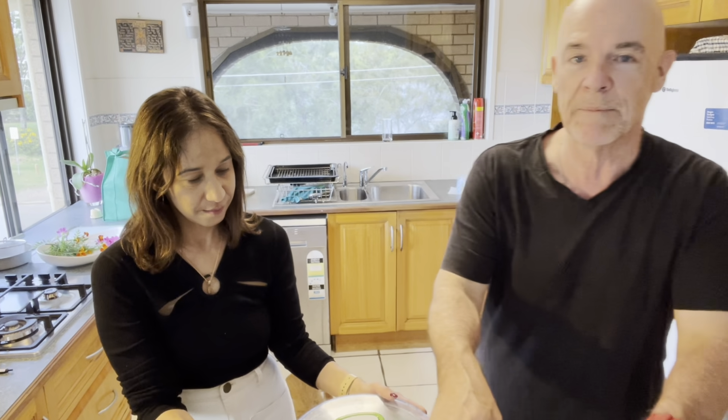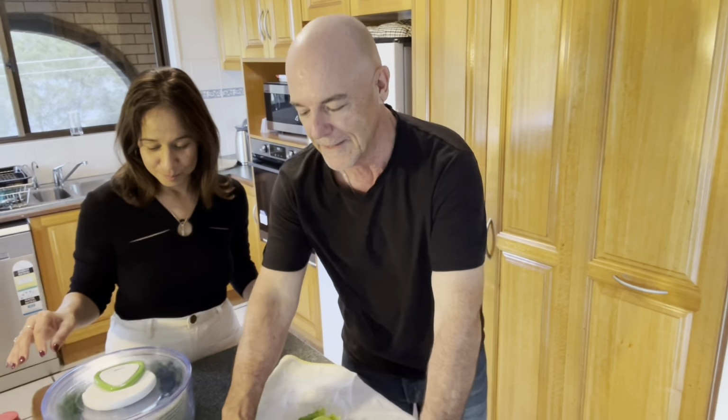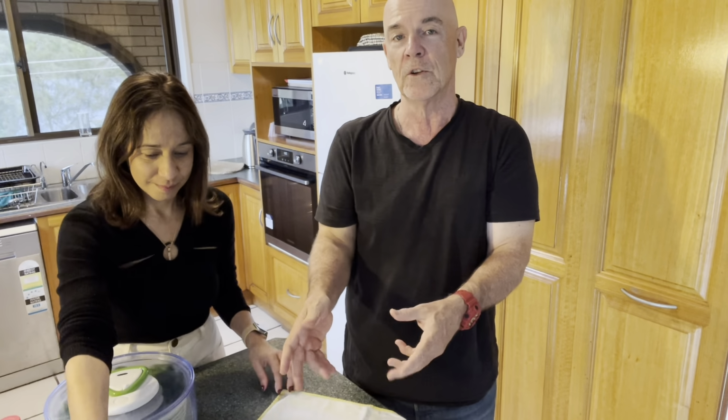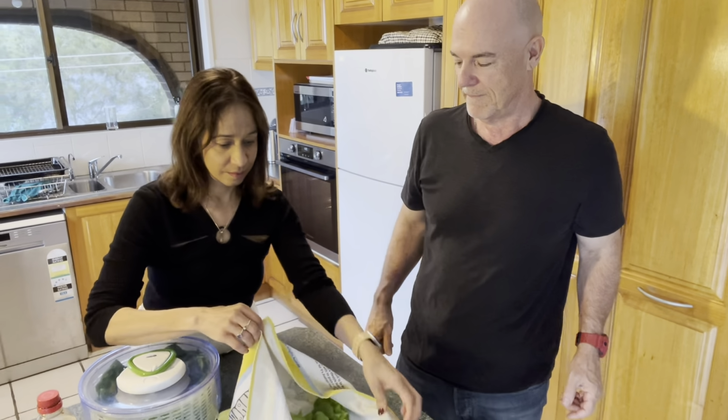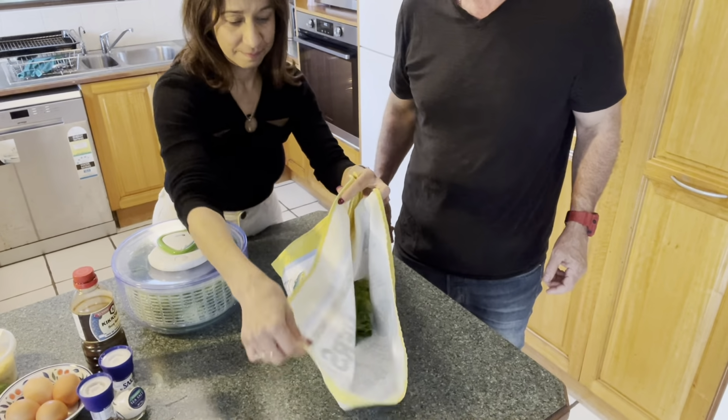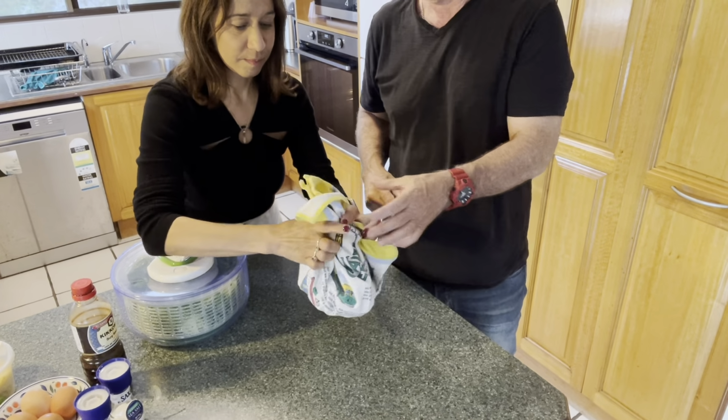The other technique is here, because you might, like me, be blissfully unaware of what a salad spinner is and probably don't own one. So the other thing you can do is just pop it in a tea towel like this, wrap it up, just like that, and